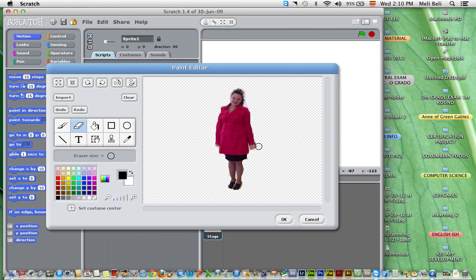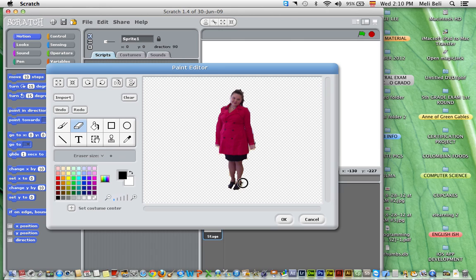Well, as you can see, I got most of what I wanted. Just go ahead and clean up the edges a little bit here. This is so much easier with Adobe Photoshop. This would have been done a long, long time ago, but obviously we're using the free program Scratch. Okay, so I'm more or less happy. I can still continue to change the brush size if I want, if I'm a perfectionist,